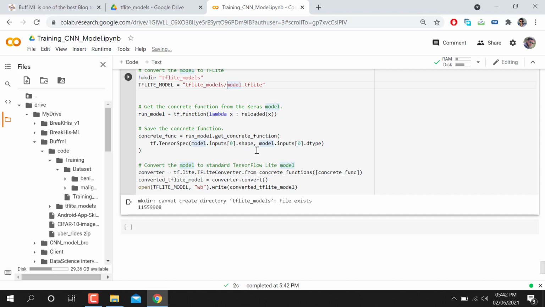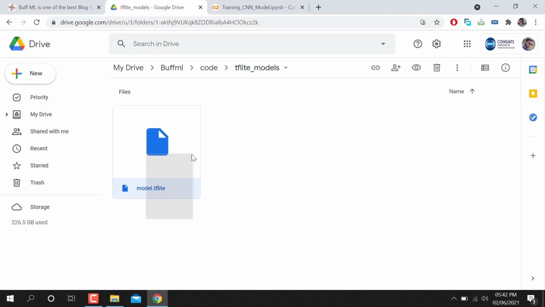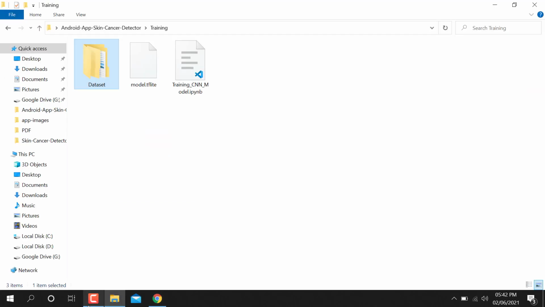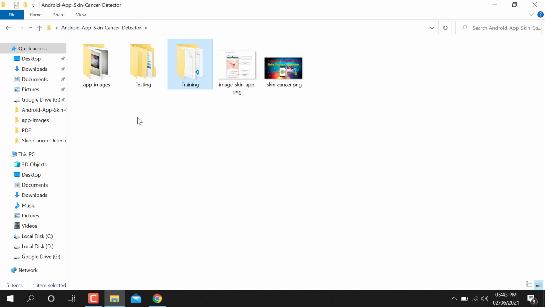Basically, we have trained the model using Python and Google Colab. After training that model, it will generate a model.tflite file. So we need to deploy this model in our Android app, and we'll test the app in real time. So basically, here is the code. You can see, here is basically the code.